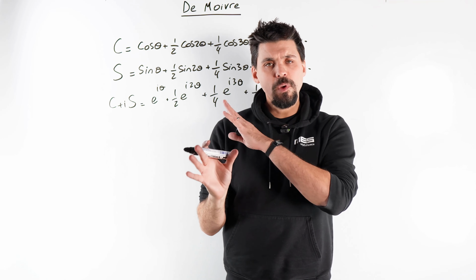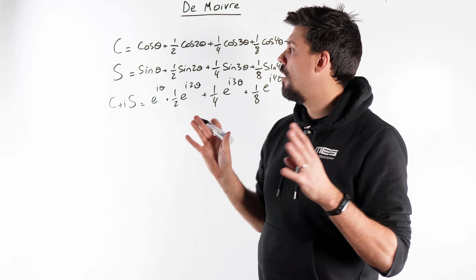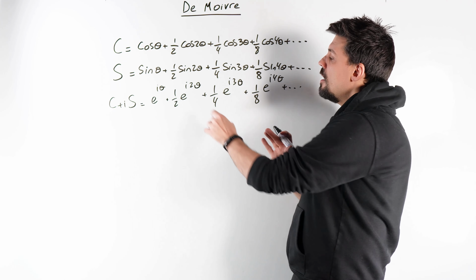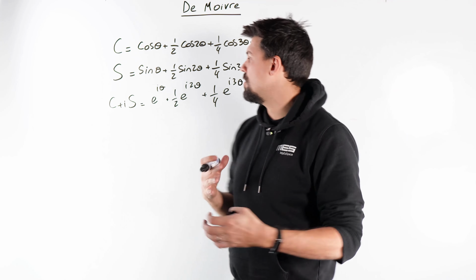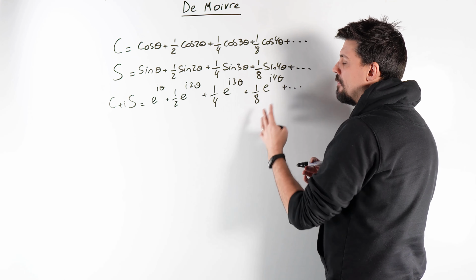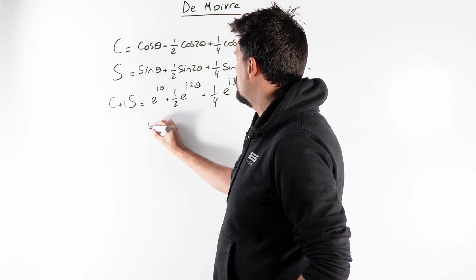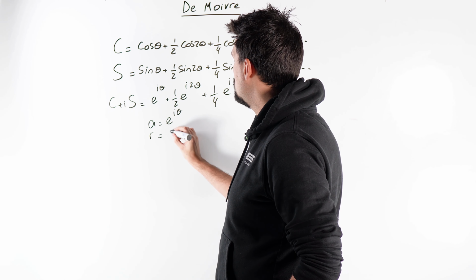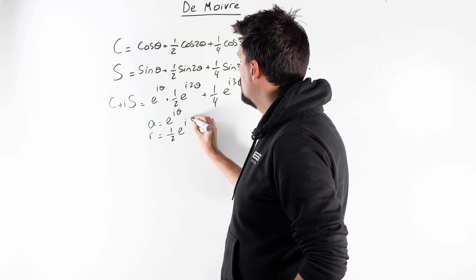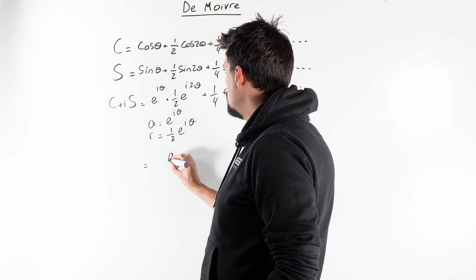So what you've quickly got a sense of here is de Moivre's theorem in its very basic trig form, which we don't tend to use as much, because really it boils down to the exponential form, which makes it quite clear for us. A very powerful meshing of ideas. And what do we have here? This is an infinite geometric sequence, series even. First term, e to the i theta, r is 1/2 e to the i theta. So my sum to infinity is